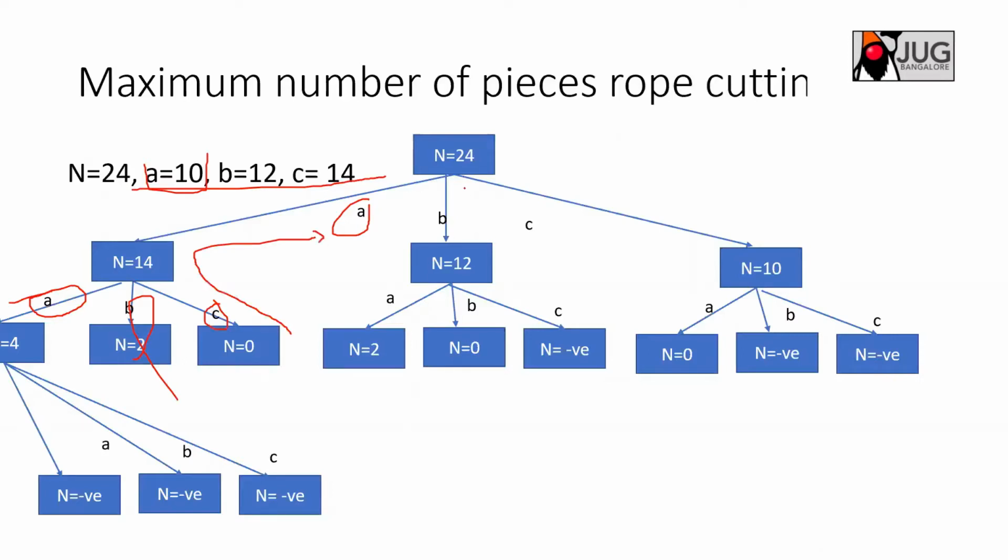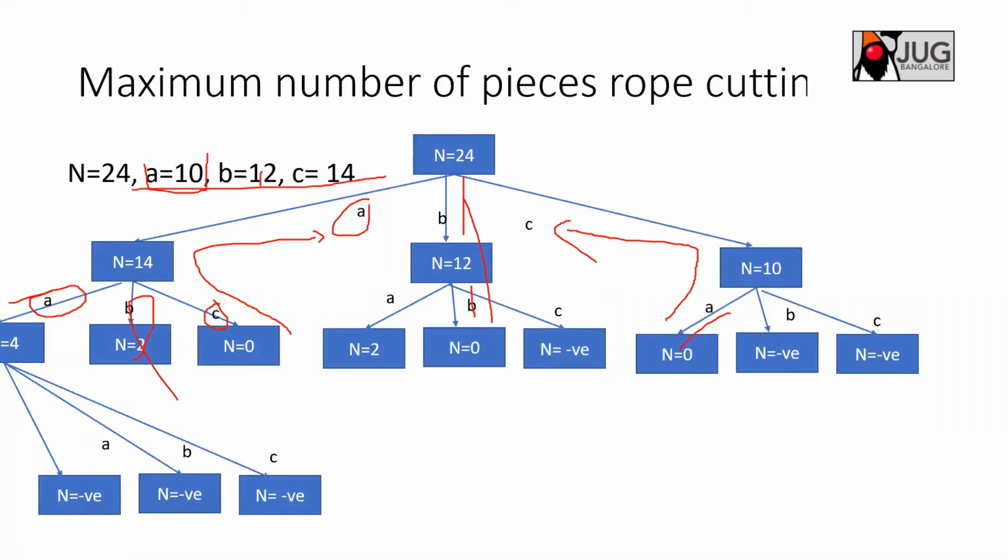In this case you can also make 2 cuts: a cut of 12, and another cut of 12 here. So this is a possible scenario. In the last combination, we can make a cut of C first, which is 14, and then a cut of A, where we get 0. So this could be one possible scenario. In all the scenarios, we are hitting only 2 cuts, so 2 is our output.